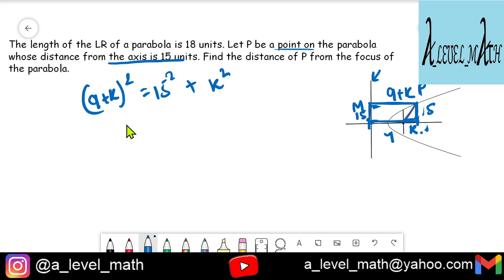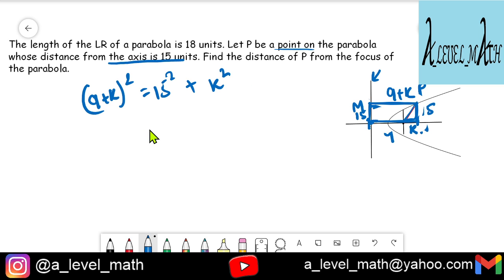So you see that actually the solution is not so big. We just have to figure out what the value of k is, and then we just have to plug it over in here, 9 plus k, and that will be the focal distance of point P. But the problem here was the logic. We had to think a bit. We had to figure out from the basics how to get to this equation. If we are able to get to this equation, then we are almost done.